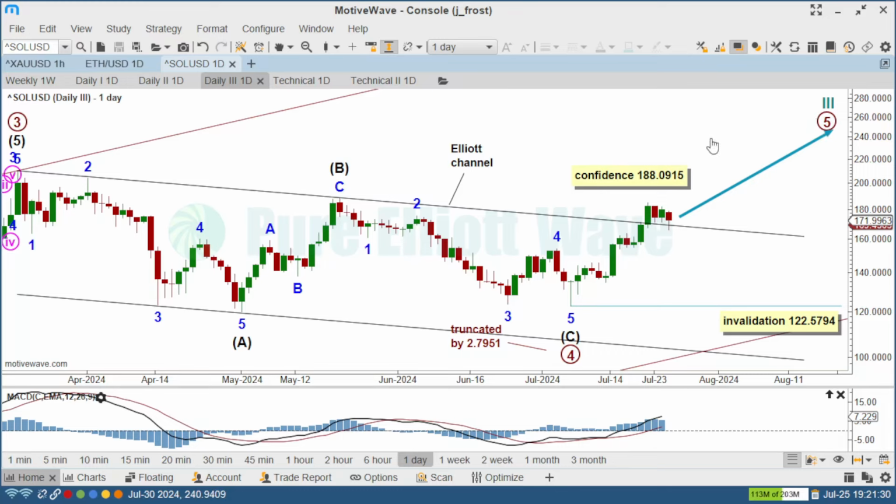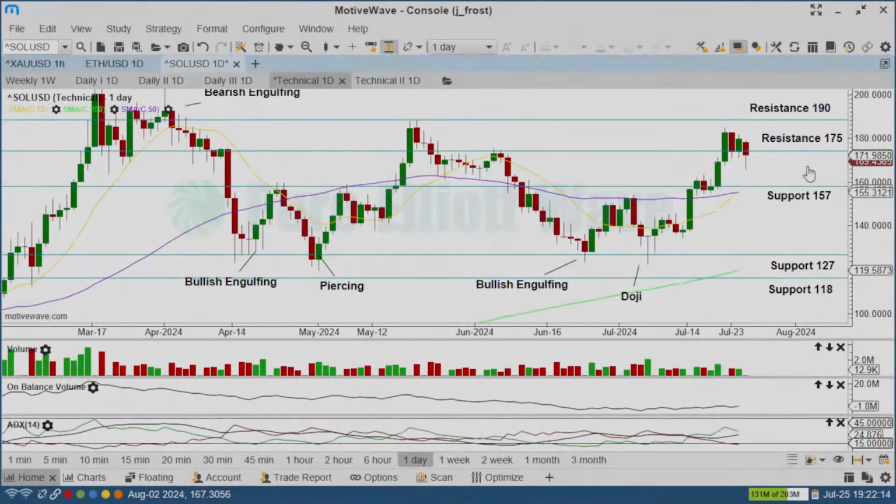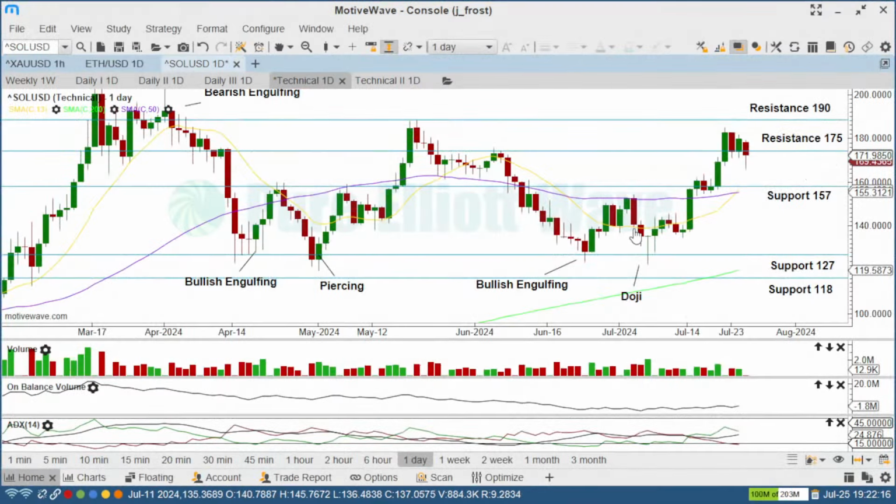Additionally, a high above 188.0915 would add further confidence to this wave count, as it is the invalidation for both previous wave counts. As price continues higher for primary wave 5, any second wave corrective movement cannot move below its start at 122.5794. On the technical daily chart for Solana, price has increased after finding support at 127 just here for the very short term,